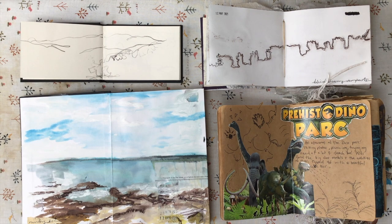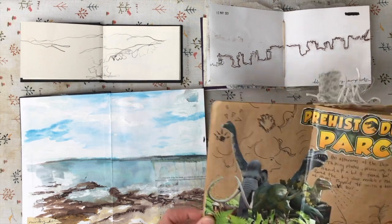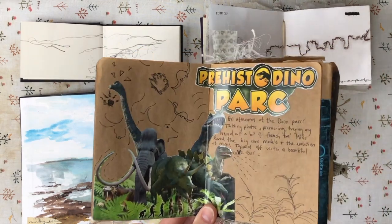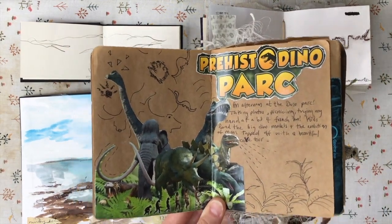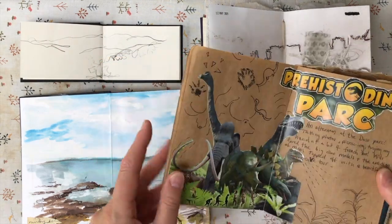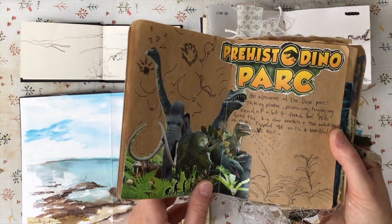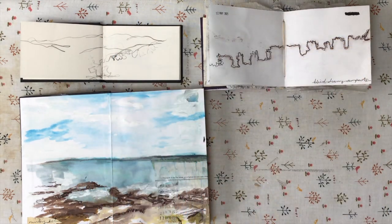Some pages could be writing about your day. This one here, as I said before, I did this when I had two very small children, and it was becoming very quickly apparent that I wasn't going to get to do any sketchbook work. But, you know, just sticking down some of the tickets and tags and flyers that you might have found through the day. You could write about your day, so text could form part of the page, as well as the found objects, as I mentioned, tickets and things, restaurant napkins,